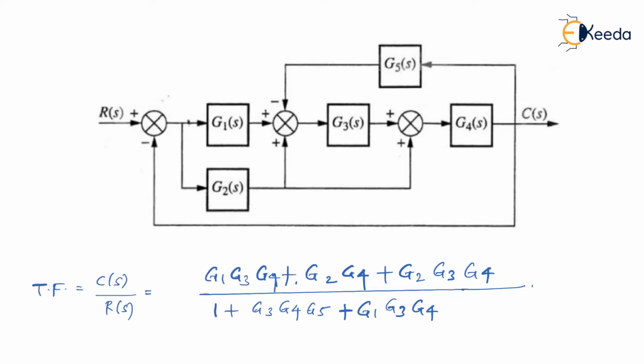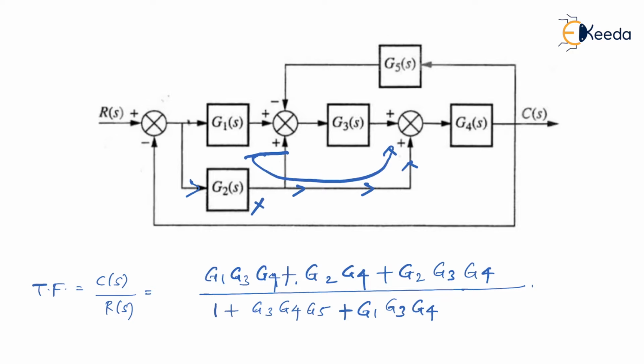Please remember, you cannot take this as a loop. I mean, this loop I'm talking about. This is not a loop, right? Because a loop is something where the feedback is present. And let me tell you, this G2 is not a feedback element. As you can see, it is traveling from input to output, am I right?